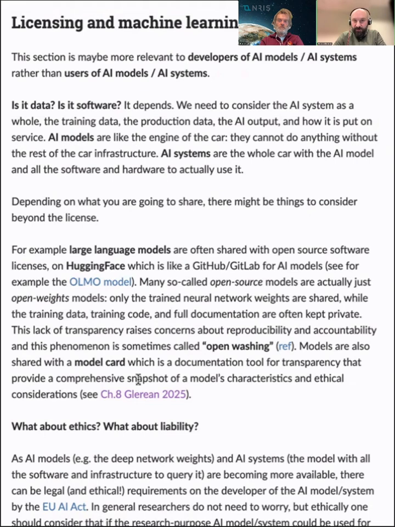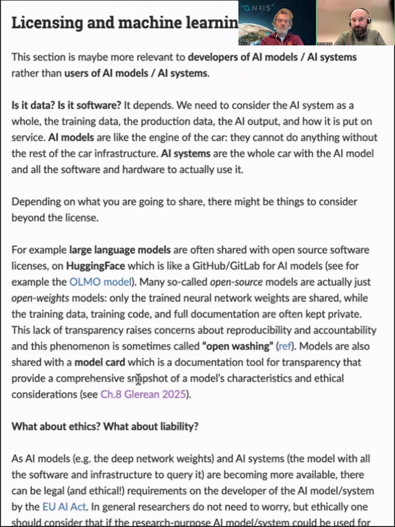Maybe it's good to define what we mean by AI model in the metaphor of the car that I already used earlier. The AI model is like the engine of the car, and on its own, it can go anywhere, it can kill anyone. But once the AI model is put inside an AI system, so the engine goes inside the whole infrastructure of the car and the software, then it becomes an AI system. And then it can actually be used.